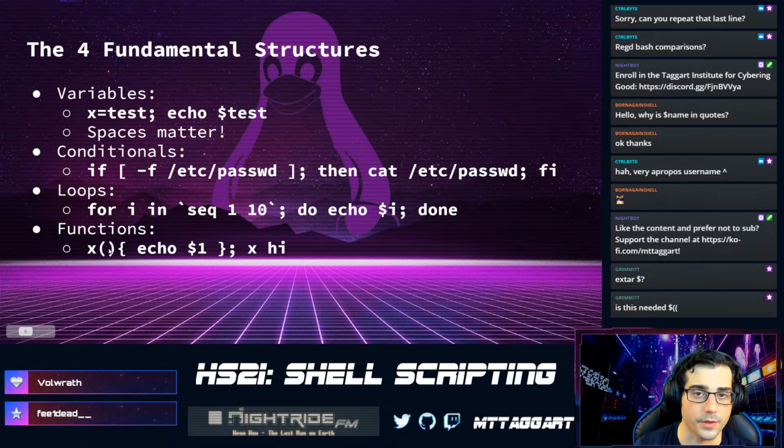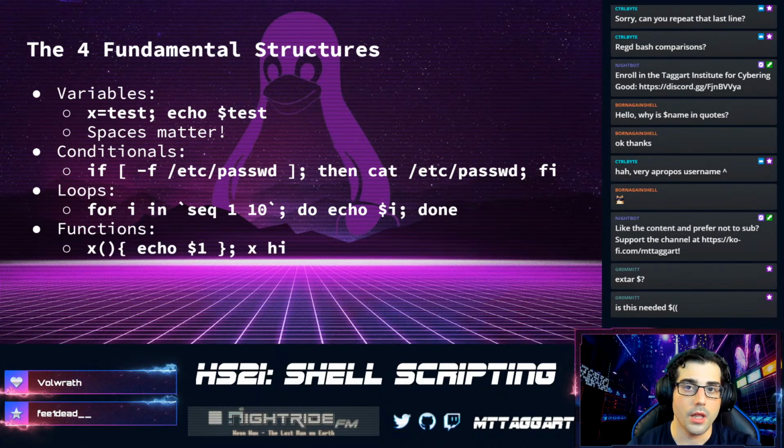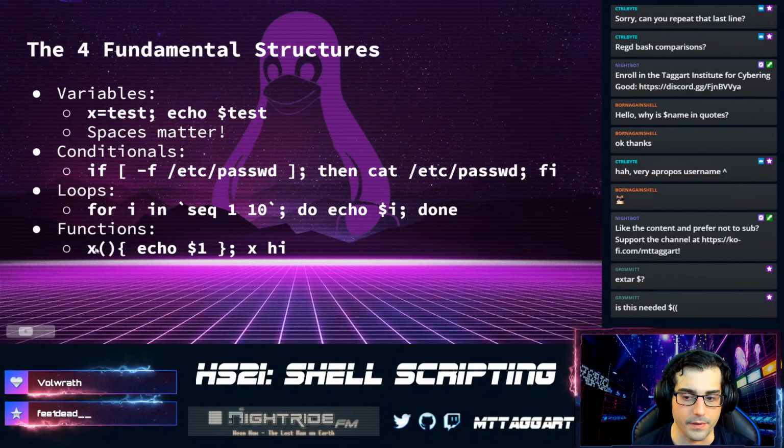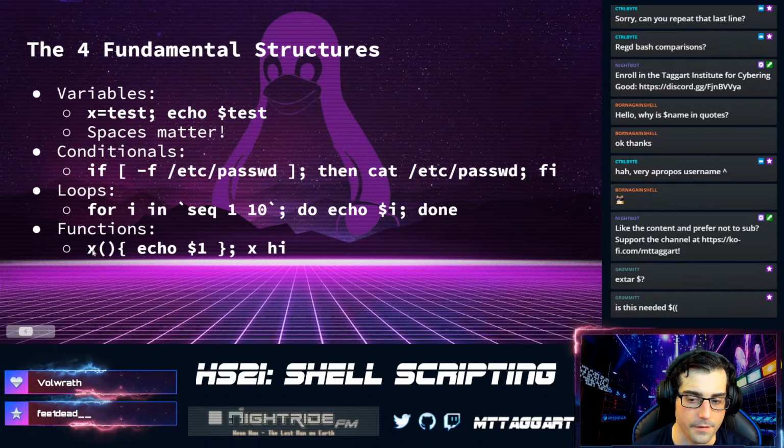When you think about regular functions in other programming languages, they accept arguments, which you can do here, but you can't necessarily define them in the function definition. So what we're looking at here is that we define the function with the name of the function, and then parentheses.